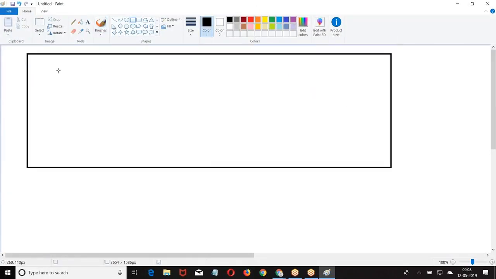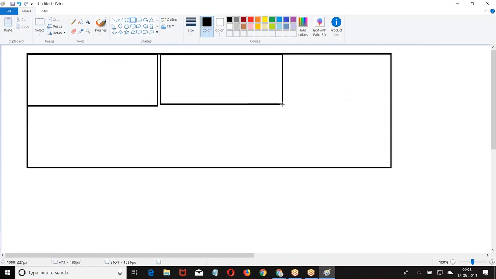As I discussed yesterday, I want to divide them into blocks. It's called layout.